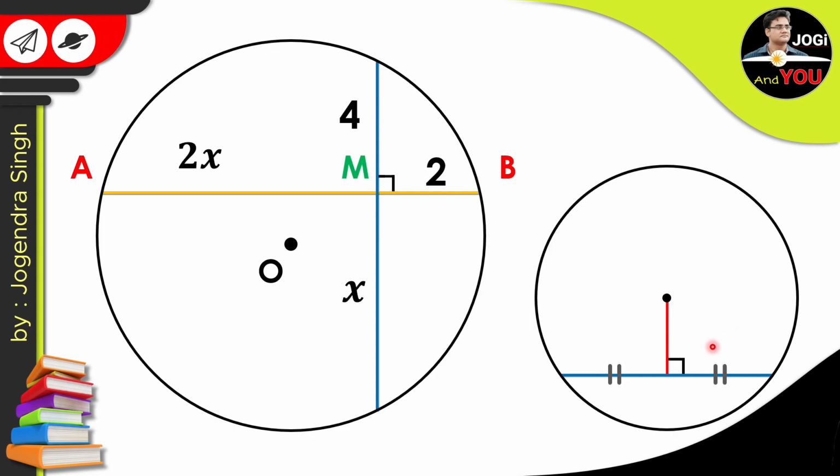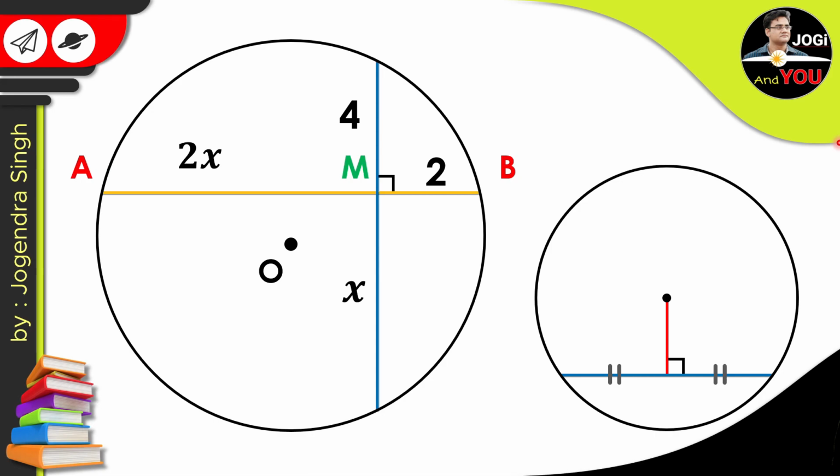So for understanding the original method, you have to understand an easy concept, which is this. What we have in this tiny circle is a chord which has a perpendicular in the center, this red one, and if there is a perpendicular in the center of any chord, then it bisects the chord into 2 equal parts. Means the length of the left side of the chord and the right side of the chord will be equal. So this is the only concept we will use to solve this question.